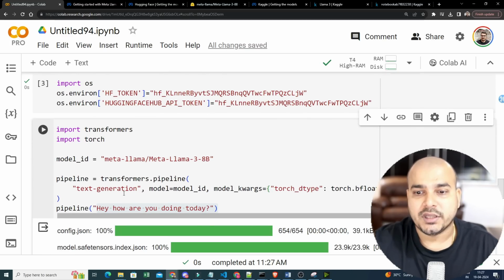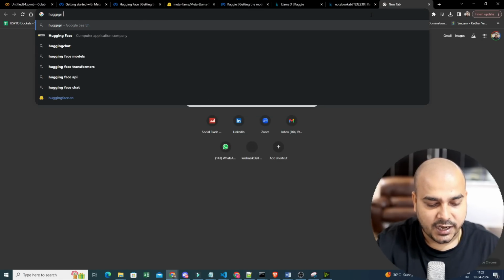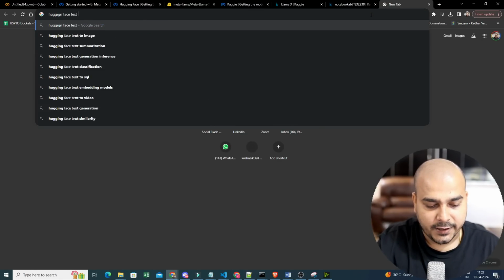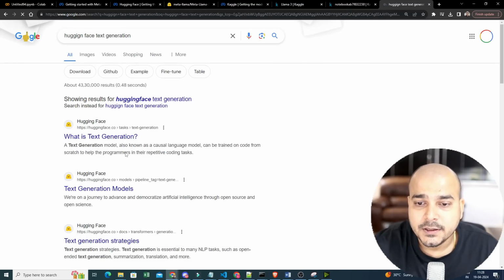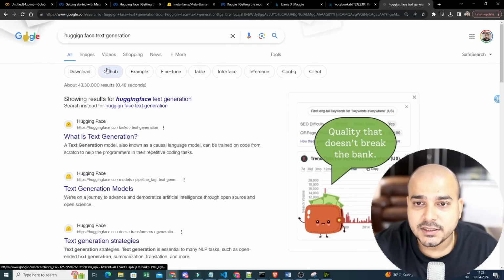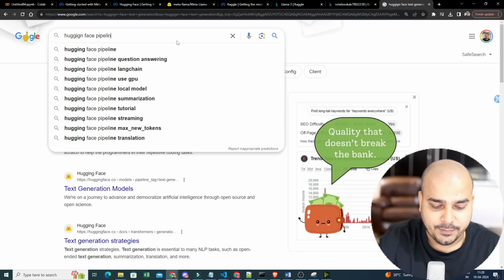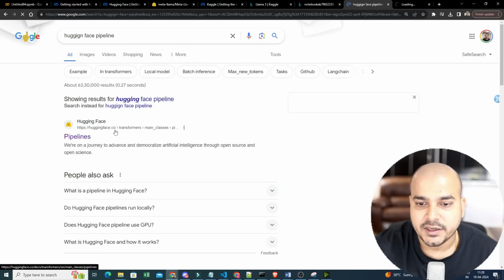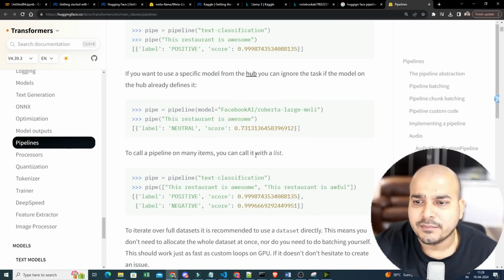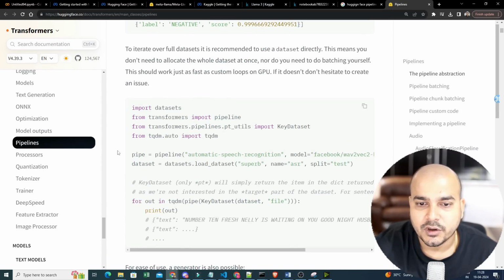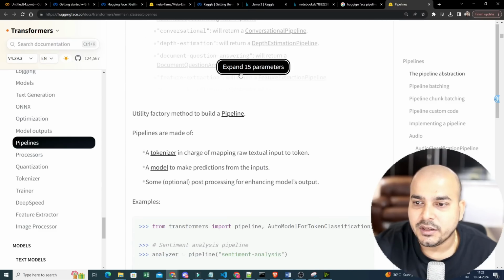If you want to try more things apart from text generation, you can go ahead and search. Let's say I search Hugging Face text generation. Then I'll write Hugging Face pipeline. In the pipeline also you have multiple things, right? If I click on pipeline, within the pipeline you have multiple steps that you can do. If you go down over here, you have the transformer pipeline, all the tasks that you can